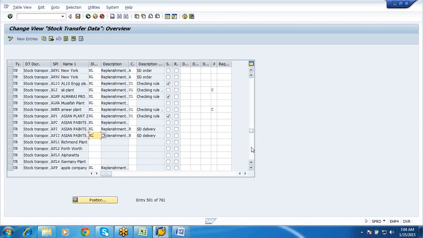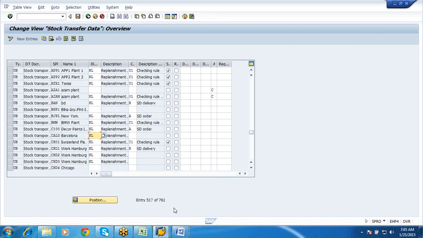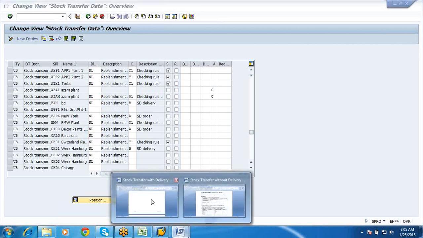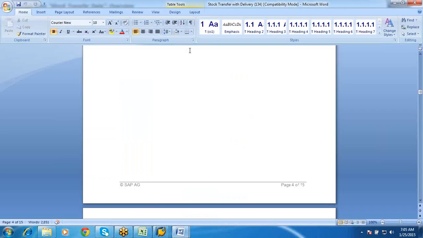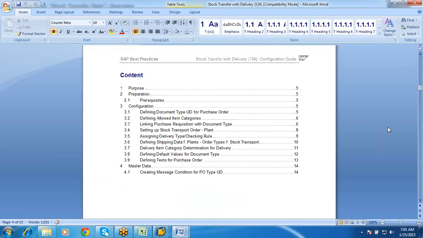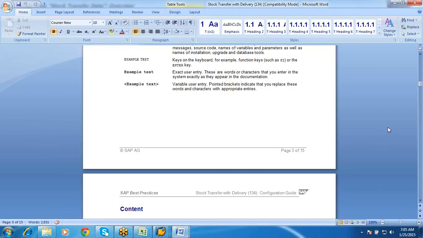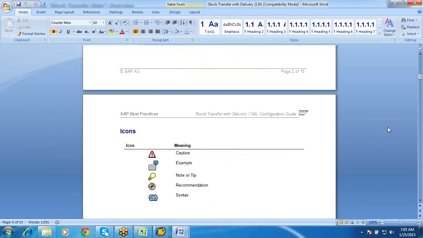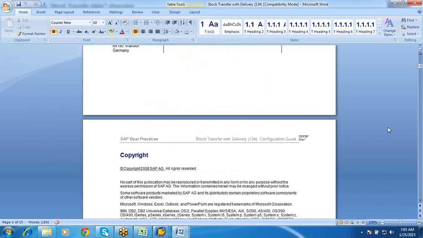Okay, so for your reference, I'm going to share these two documents, so that you can keep this reference, and whenever any scenario of this type comes, you can configure this. Okay, this is a standard SAP document which we have.